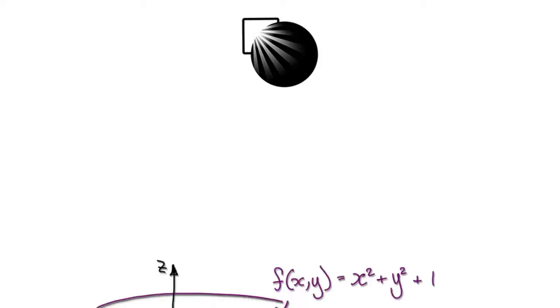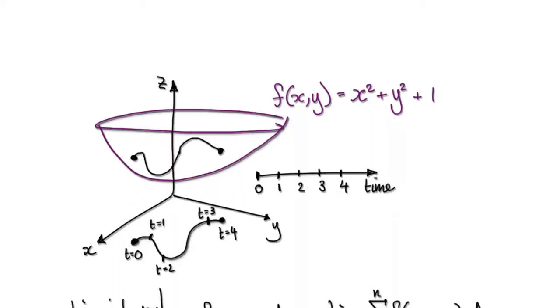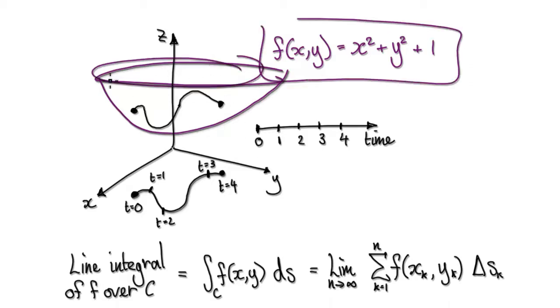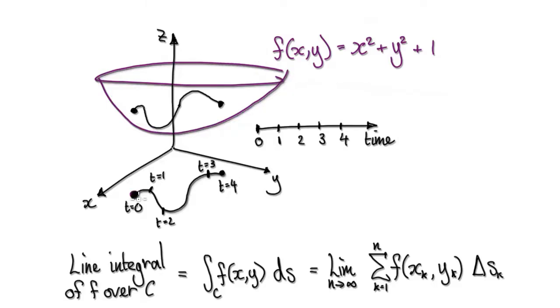In this video, I'm going to introduce you to line integrals, and I will give you an example of one. So let's say you've got a surface given by this thing here. Just imagine it as this, and your particle starts here and then it travels along this path. As time ticks away, 1 second later, the particle would have moved from here to here. Another second later, the particle would have moved to here, and then another second later, it would have traveled from